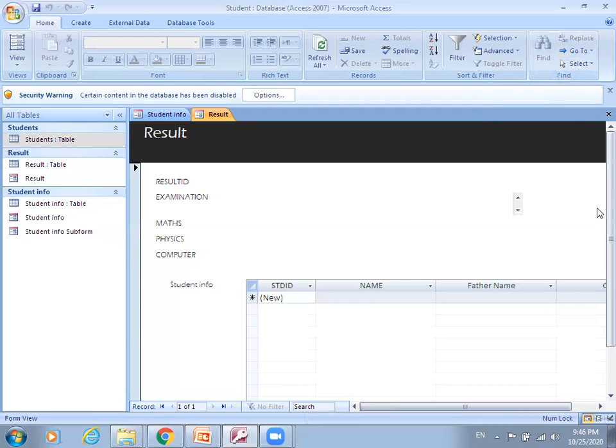With the help of a form, you can add and modify your records easily. Adding a new record means that you can press this button, so you can add the new record. Here with the help of the form, you can enter any record. Like this is examination. Here you can type.